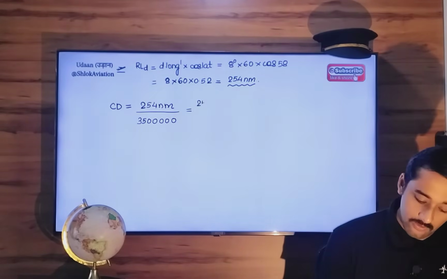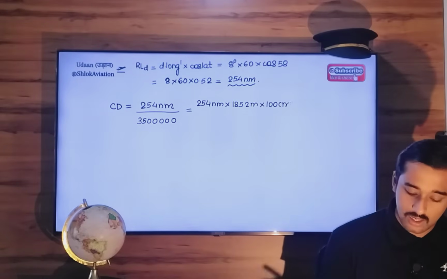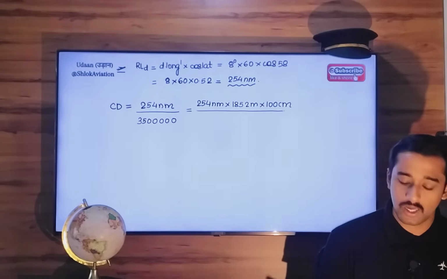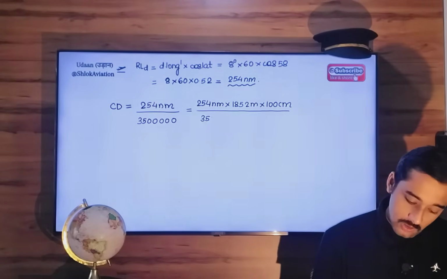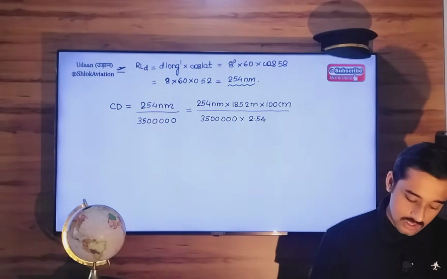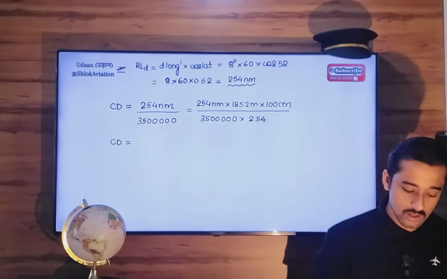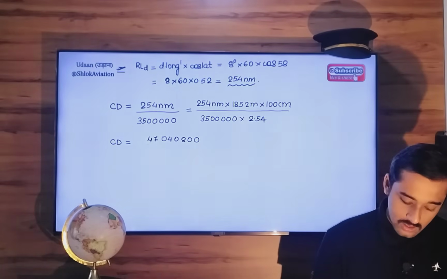How will you do that? 254 nautical mile into 1852 meter into 100 centimeter. Now converting 100 centimeter into corresponding inches, you divide by 2.54. So 350,000 into 2.54. So chart distance will be equal to 254 into 1852 into 100, that is 47,040,800 divided by